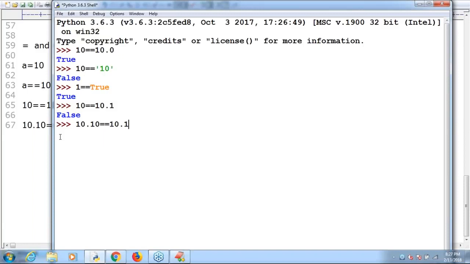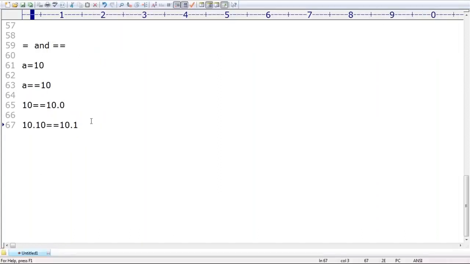According to our analysis, definitely it should be True, because the trailing 0 makes no difference in the value. Both values are exactly the same. That's why the output by default is True.